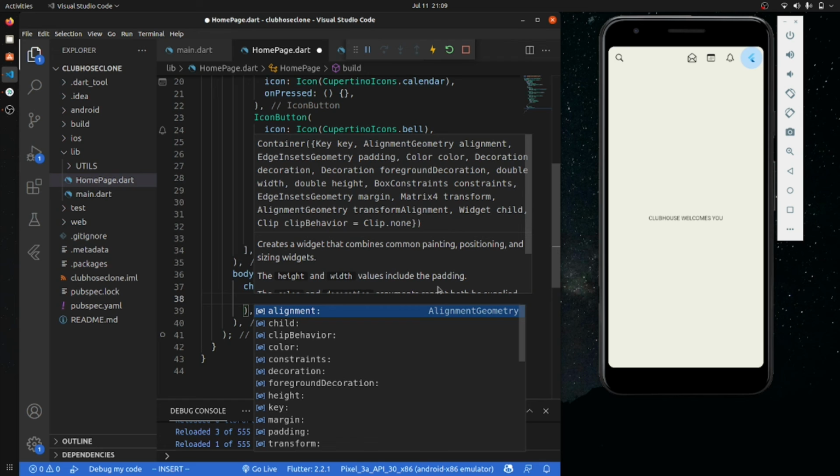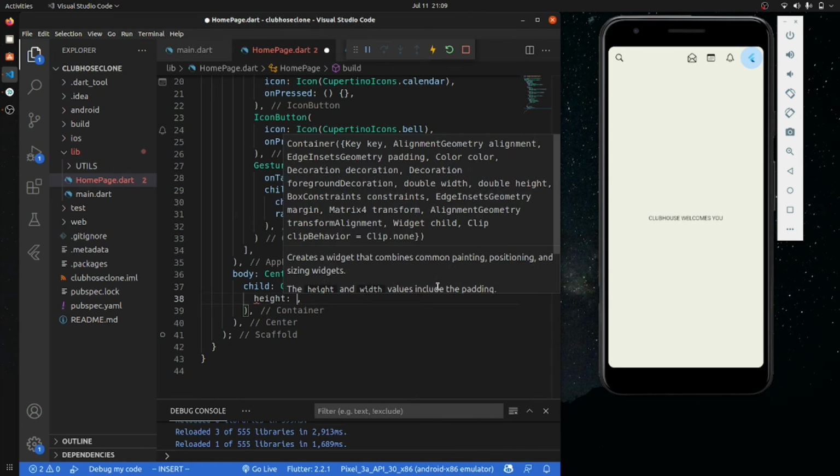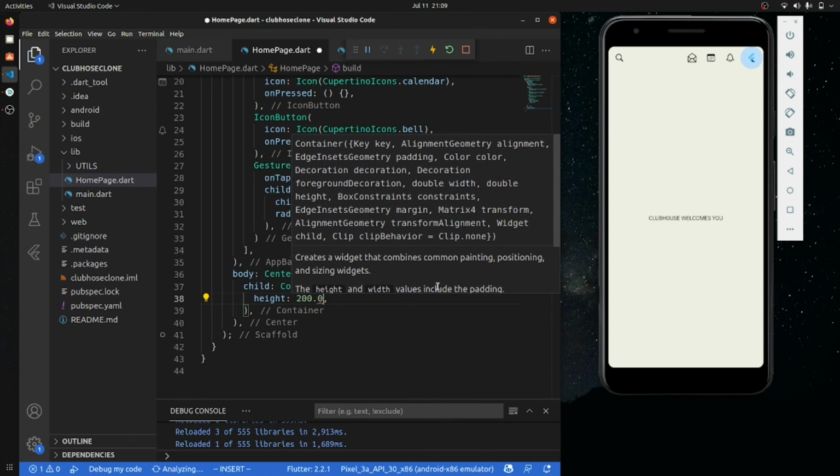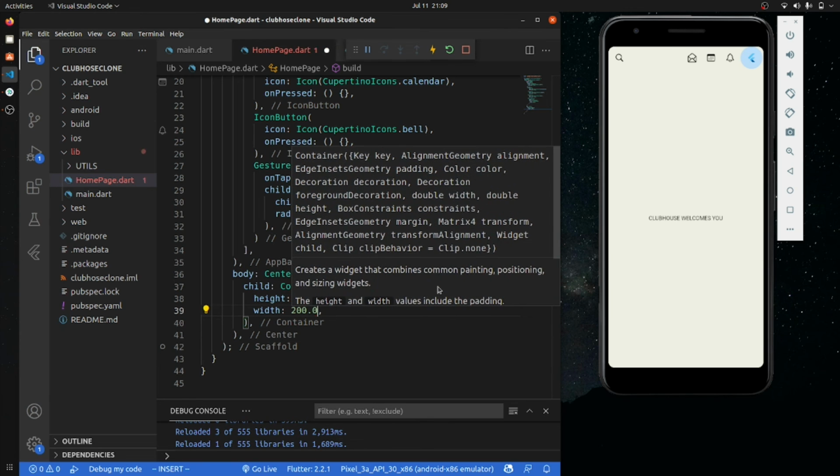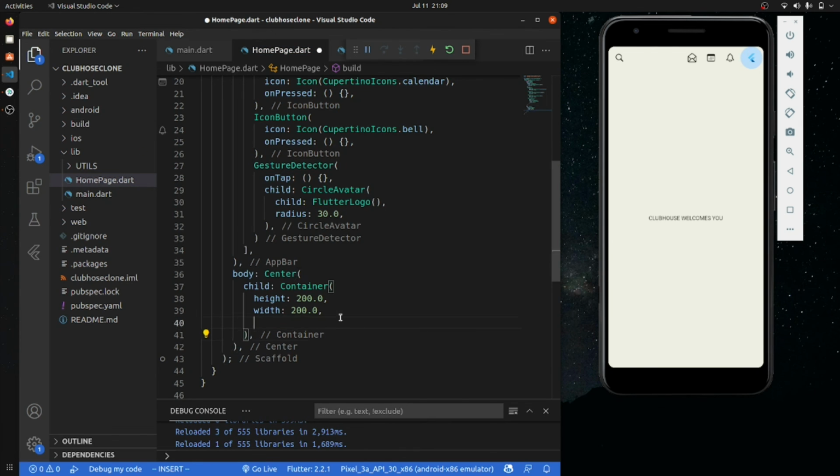Container, okay, and height, let's set the height as 200. I'm just doing this randomly, these are random numbers. I don't know what the height and text will be here, but let's do one thing. Do we have a child?